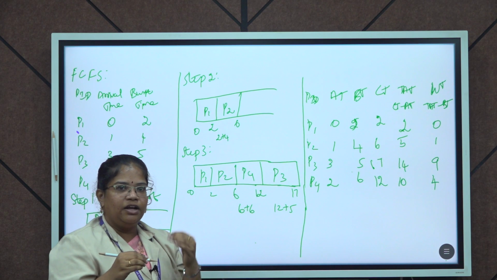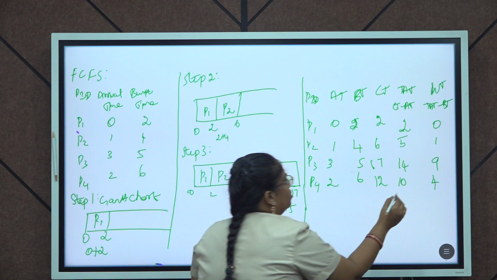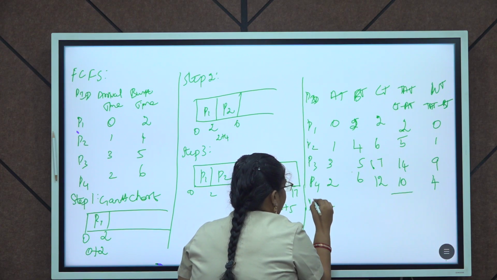So we calculate the sum, the average turnaround time and waiting time. So adding, the average turnaround time is equal to